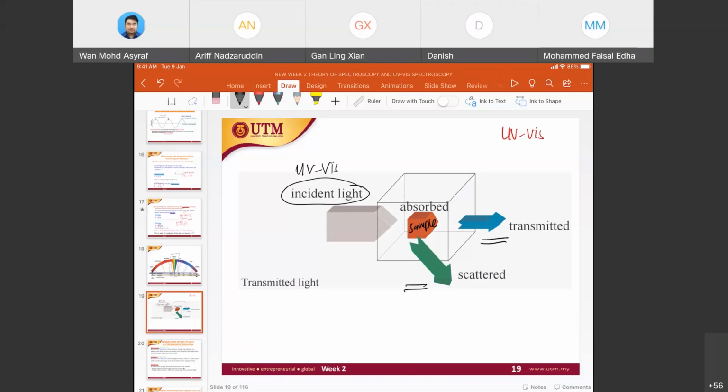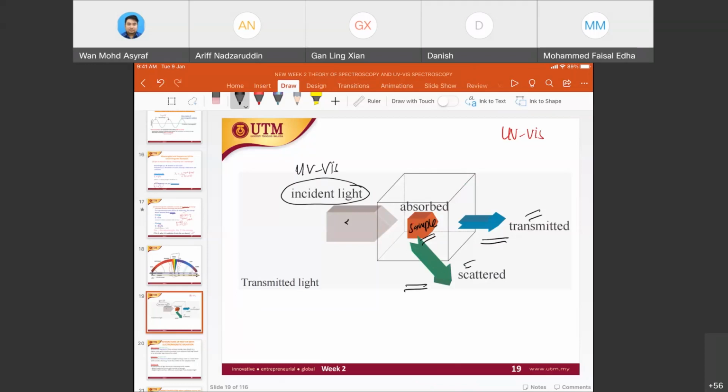Saya rasa yang ni kita akan lebih faham nanti bila kita tengok dari segi what happens for the interaction of the incident light and your sample, and then what transmitted and what has been scattered. But in a nutshell, this is what happens in your instrument. The instrument will provide an electric radiation, tak kisahlah in terms of UV visible range ke, in terms of infrared range ke, tak kisah. Tetapi bila